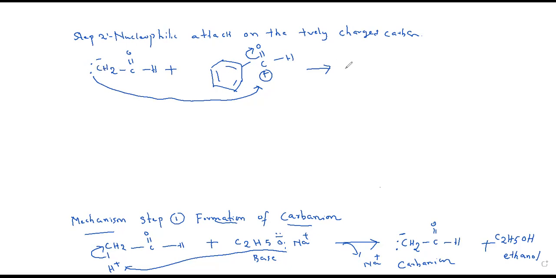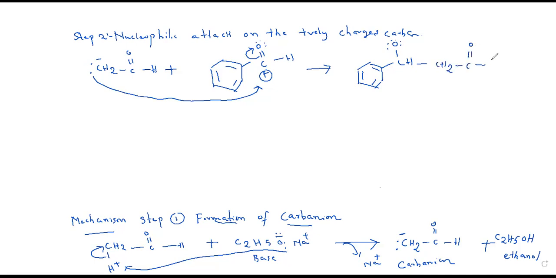If you look at the structure here, you can understand. You can write the same benzene ring followed by this CH. As you shifted one pi bond towards oxygen, you will get only a single bond oxygen with how many lone pairs of electrons? You will get 3, because when you shift this pi bond, oxygen will get one extra lone pair. Originally oxygen will have only 2, but when the pi bond is shifted, you get one extra lone pair of electrons. Next you can write the same structure, CH2,